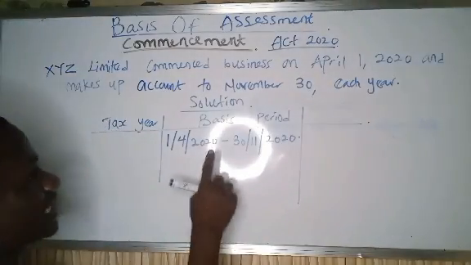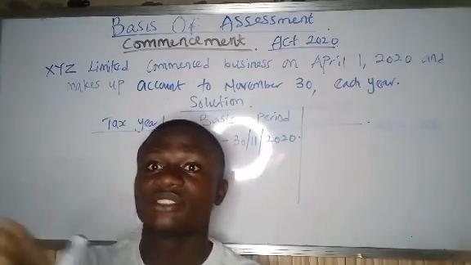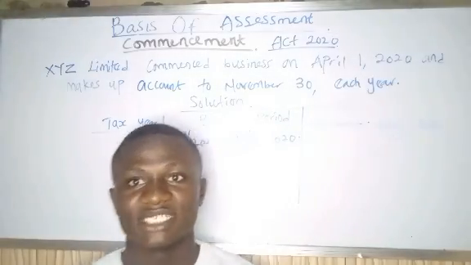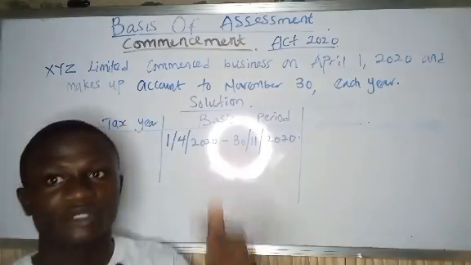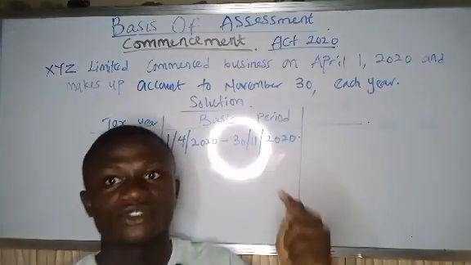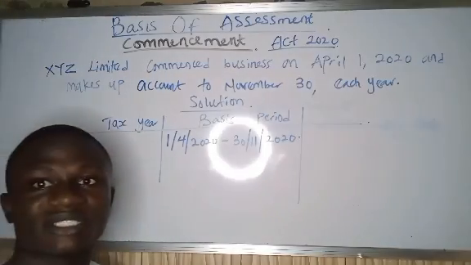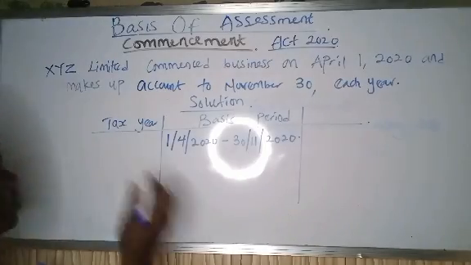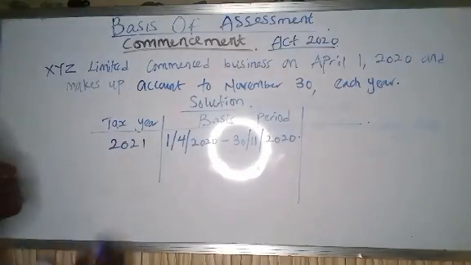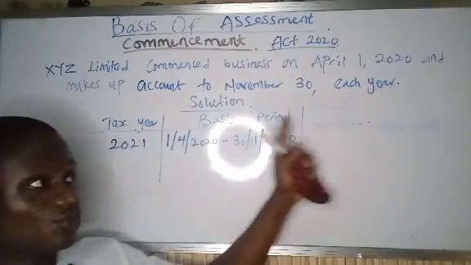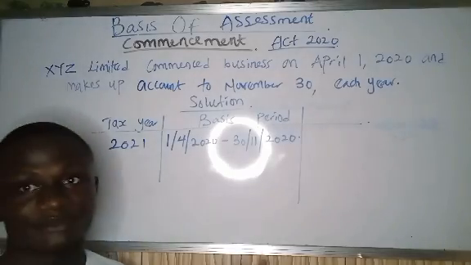The first day the business started till the end, the period they chose to always end their business. So in taxation we use preceding year basis. That means that tax of 2020 will be collected in 2021. Tax of 2021 will be collected in 2022. So this is 2020. This tax will be collected in 2021. So the tax year will be 2021. So that means that this business will start paying tax in year 2021.